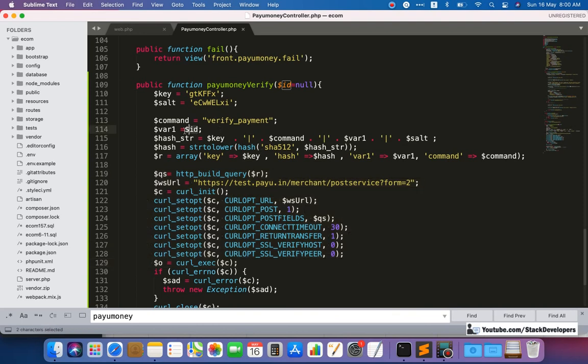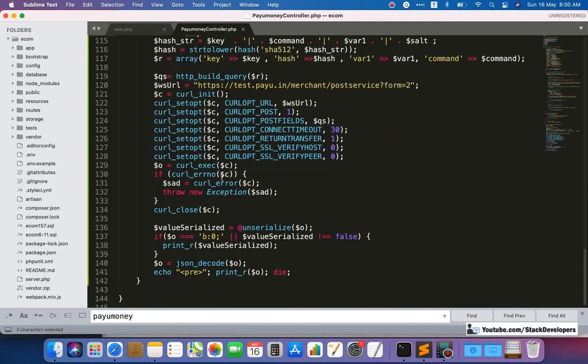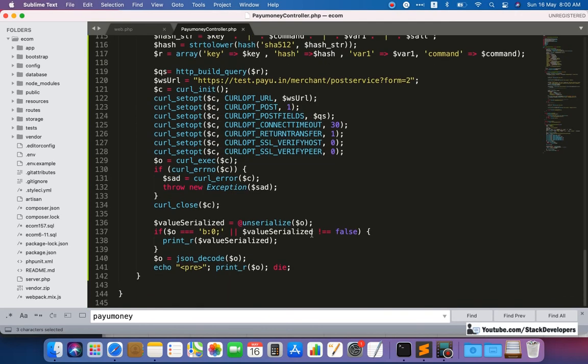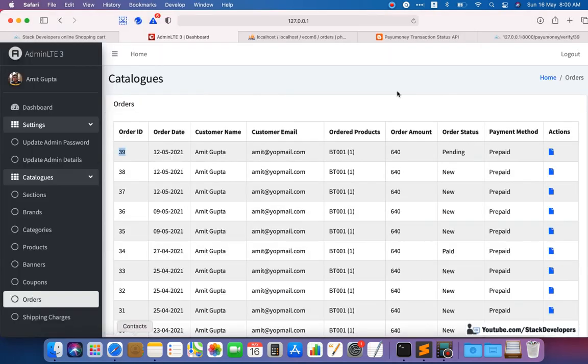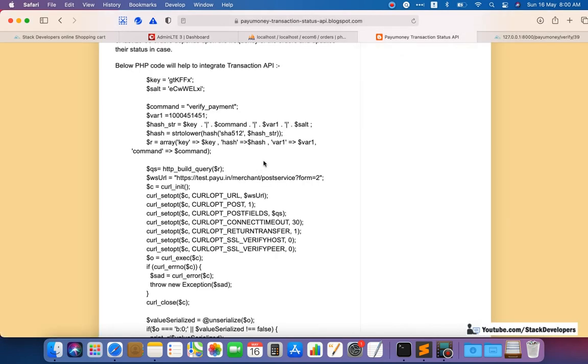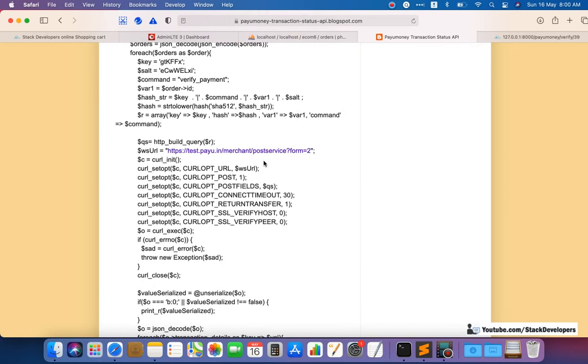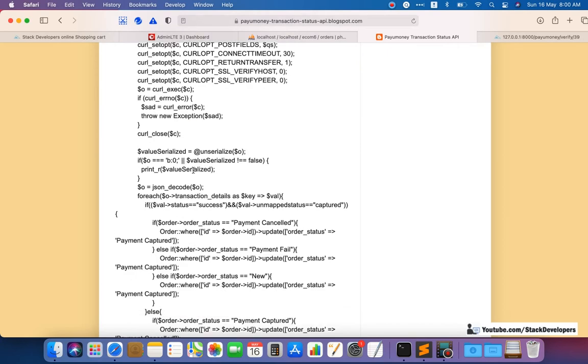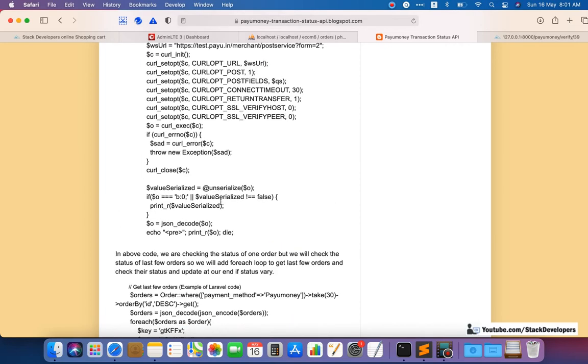Okay, and make sure that here you can send your current order ID for which you want to check the status. Okay, so here the final response from curl, whatever response will come, here we are checking its response, and here we are getting everything. Okay, so after this one we are going to check if the order is successful, then we are going to convert its status. Okay, so for that also we have this code. Okay, so we can copy this code as well, that is really helpful for us.